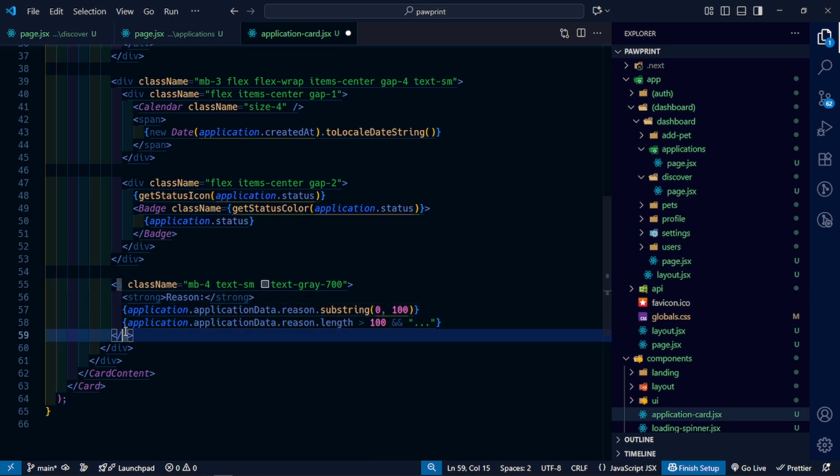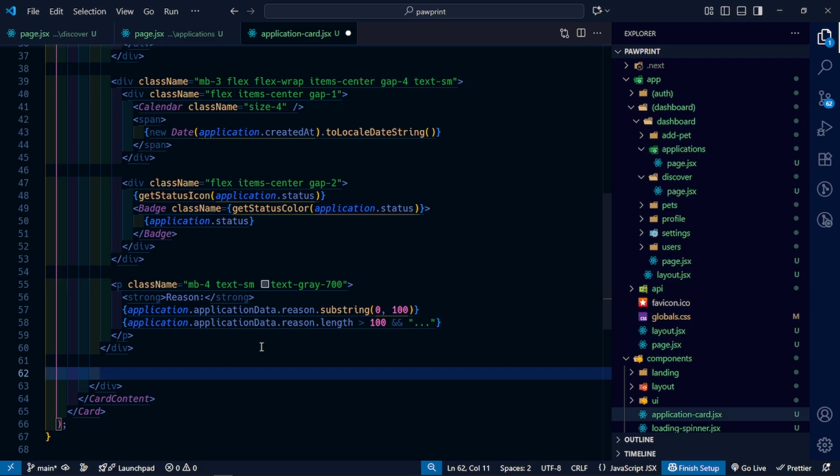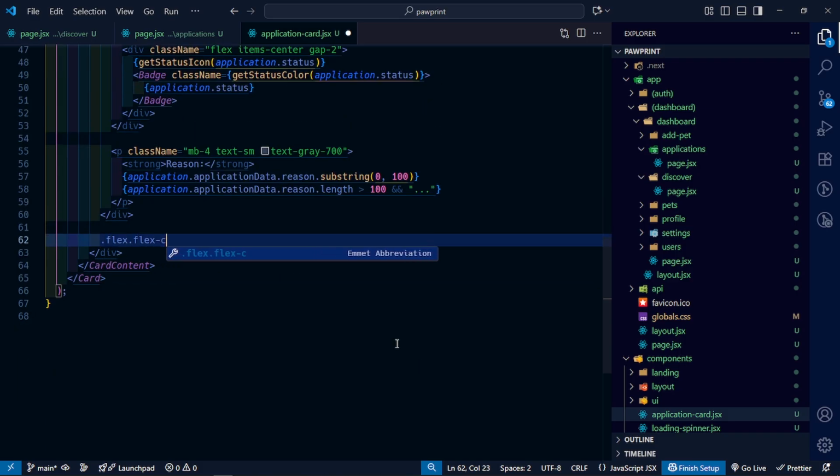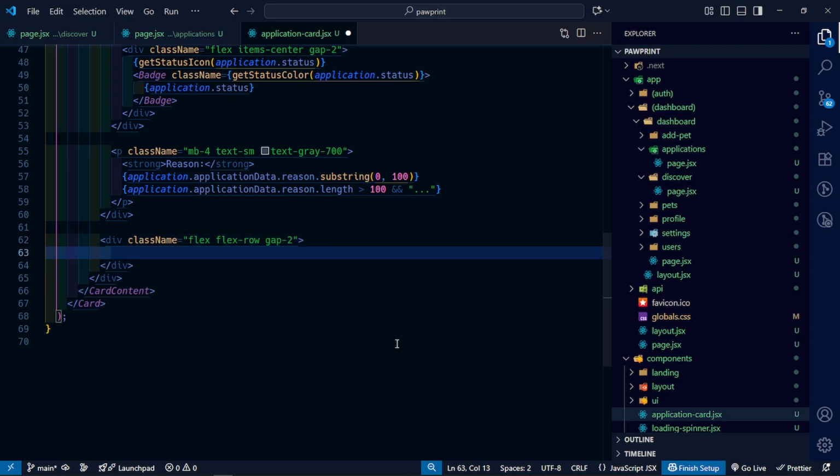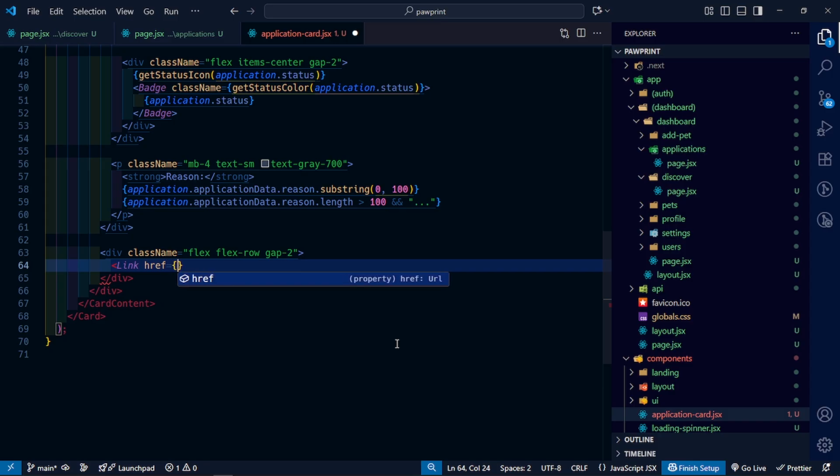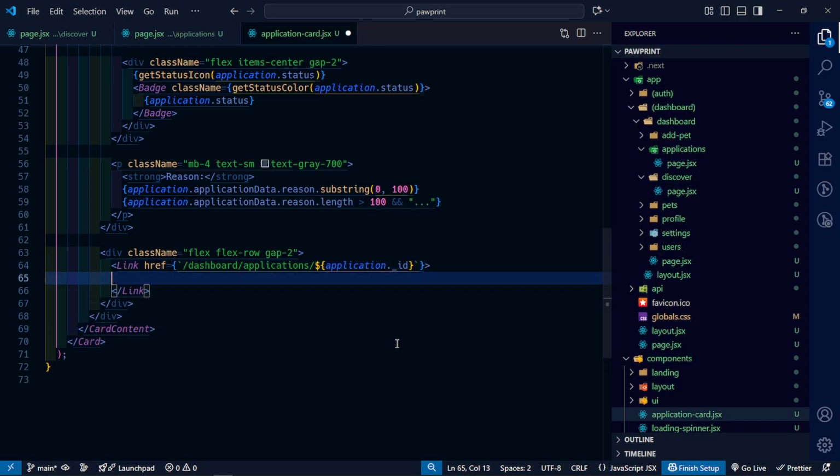Now we're going to go below this paragraph, and below this div we're going to have another div with a class name of flex and flex-col, and then gap of 2. And you know what, flex-col doesn't seem to work, so let's just have flex-row and then gap of 2. And then inside here we're going to have the Link component, which I should import from next/link. This is going to go into a dynamic href of /dashboard/applications/ and then ${application._id}. So we need to build that page,